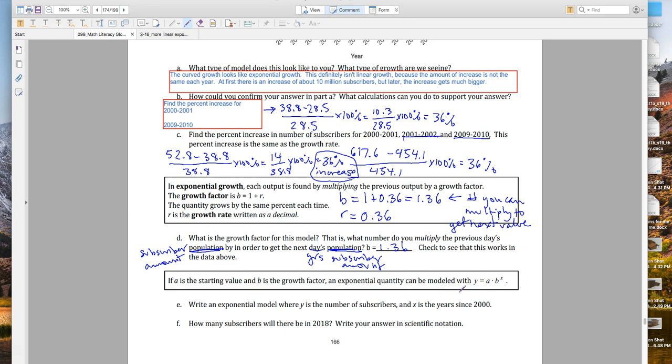What we're looking to do here is to say y is equal to, and then put down the starting value, because it says A is the starting value, B is the growth factor, so times our growth factor, in this case 1.36,